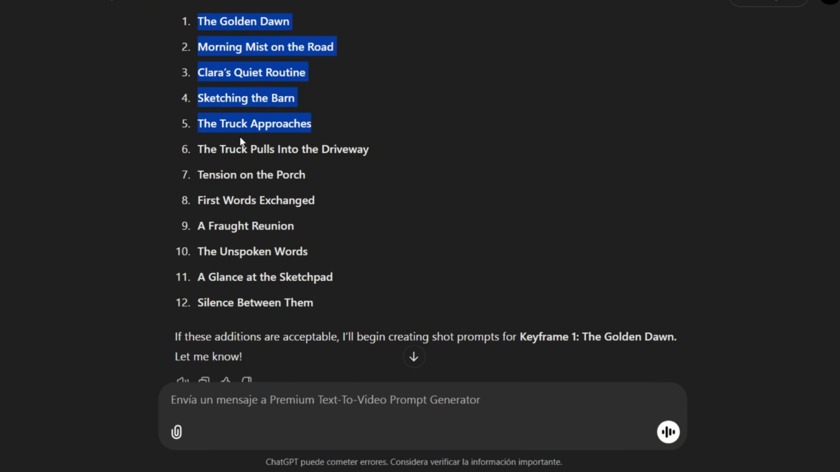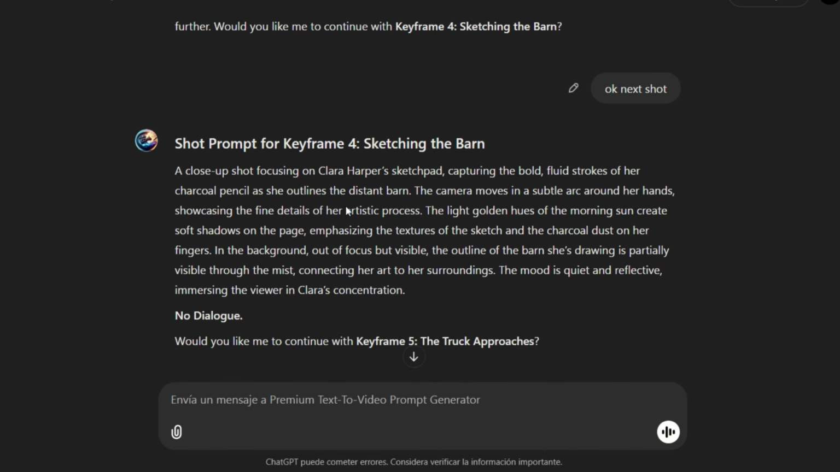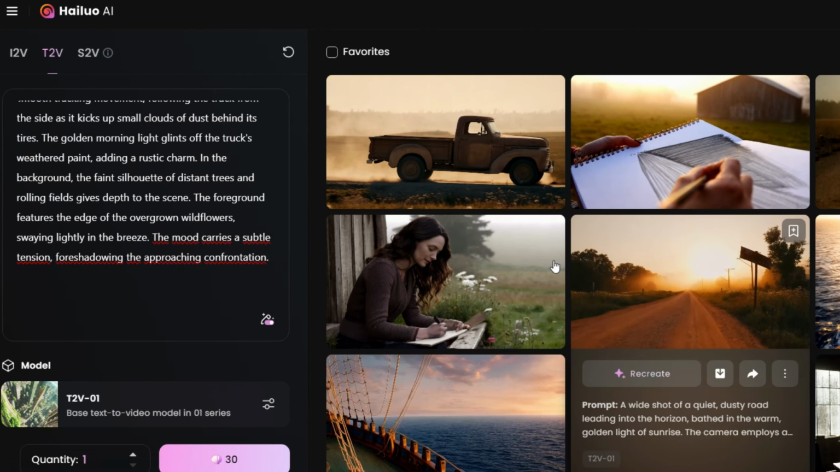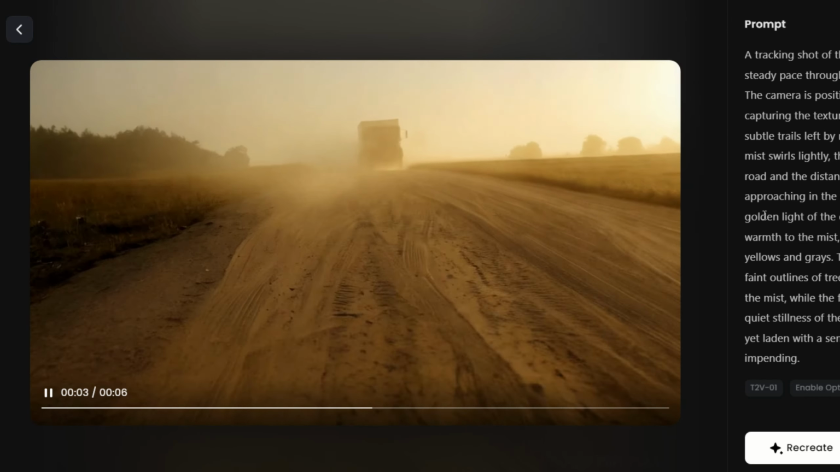Next, I decide to start with the first shot. It writes a wide shot of a truck, followed by the second, third, fourth, fifth, and sixth shots. I then go to Hailuo AI MiniMax AI, copy and paste the text into the video generator, and produce all